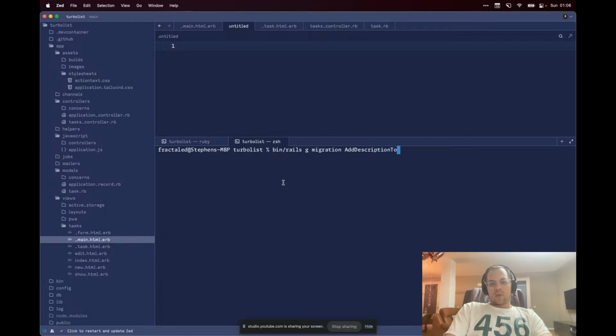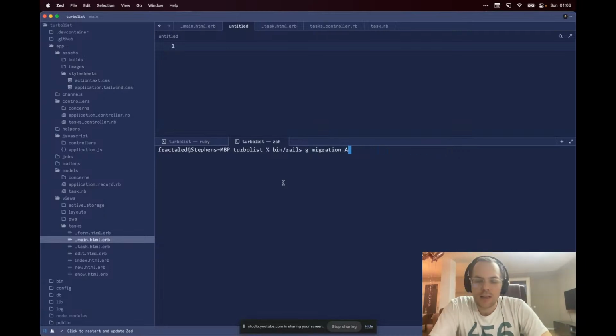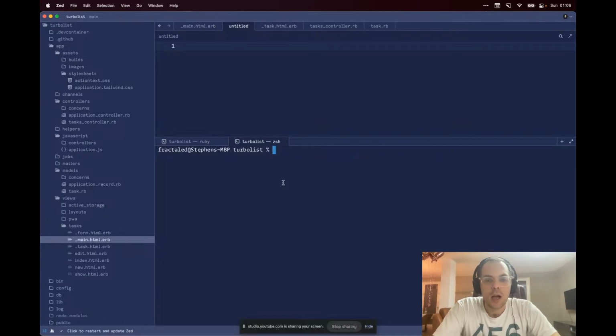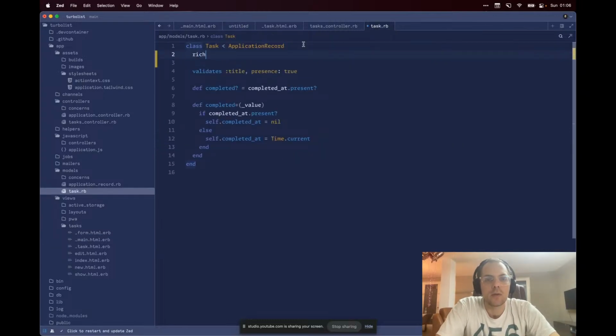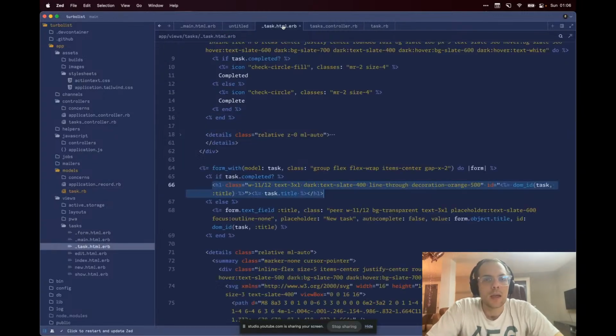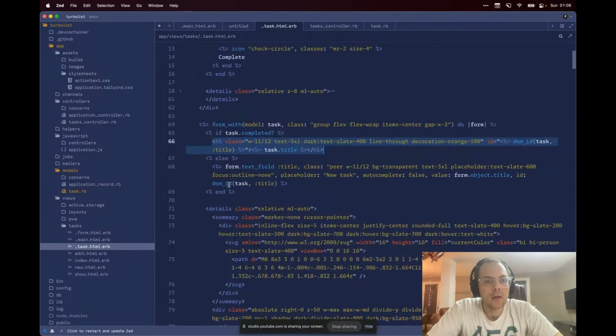Add description to tasks. Wait, I don't need a migration. What am I doing? It's late, you guys. Don't mind me. We don't need a migration for this. We could just add it straight to our model. We have a rich text description. And then here,